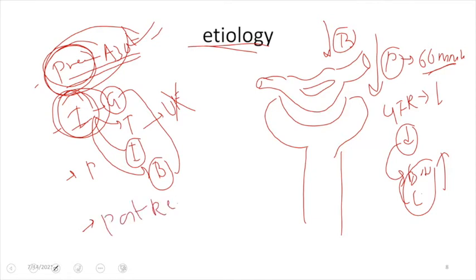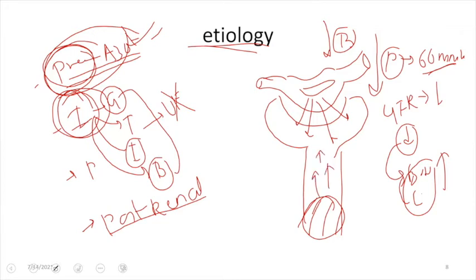What do we mean by post-renal azotemia? As we discussed, the kidney will eventually form the urine, and the urine will be carried via the collecting system, that is our tubule, our collecting duct, and the renal pelvis, and all the structures that I mentioned a few minutes back, and eventually that will be taken care of by the urethra and expelled. If there is a point of obstruction at any level of the collecting system, then the filtrate that is formed in the tubules will accumulate.